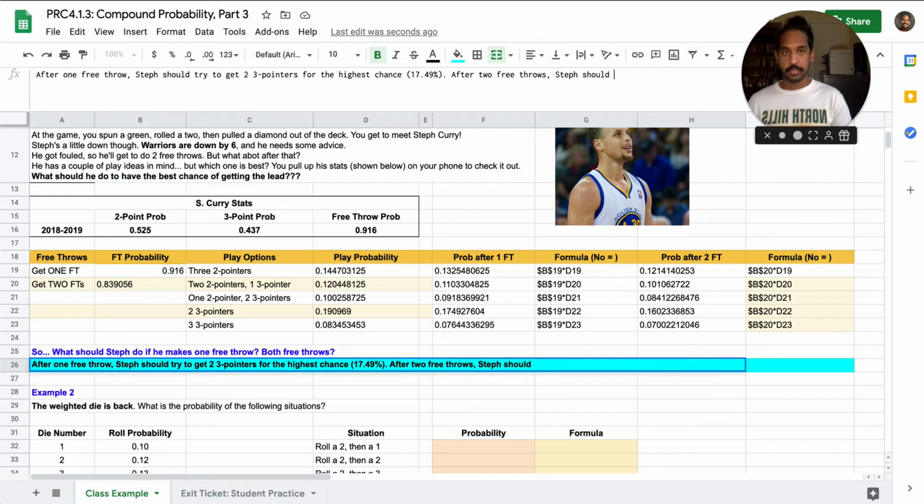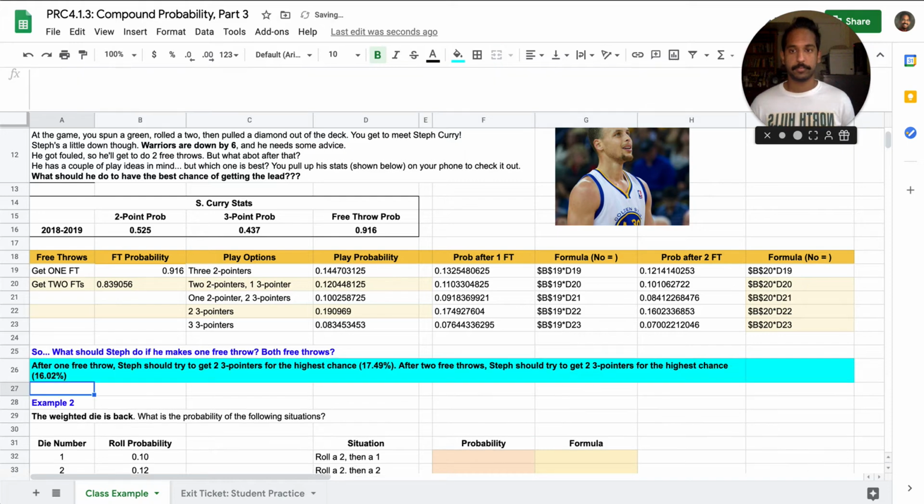Steph should try to get 2 3-pointers for the highest chance. And this is 16.02%. So we see how we could use these formulas to help us figure out what situation would be best. And now you can tell Steph, hey, dude, either way, get 1 free throw, get 3